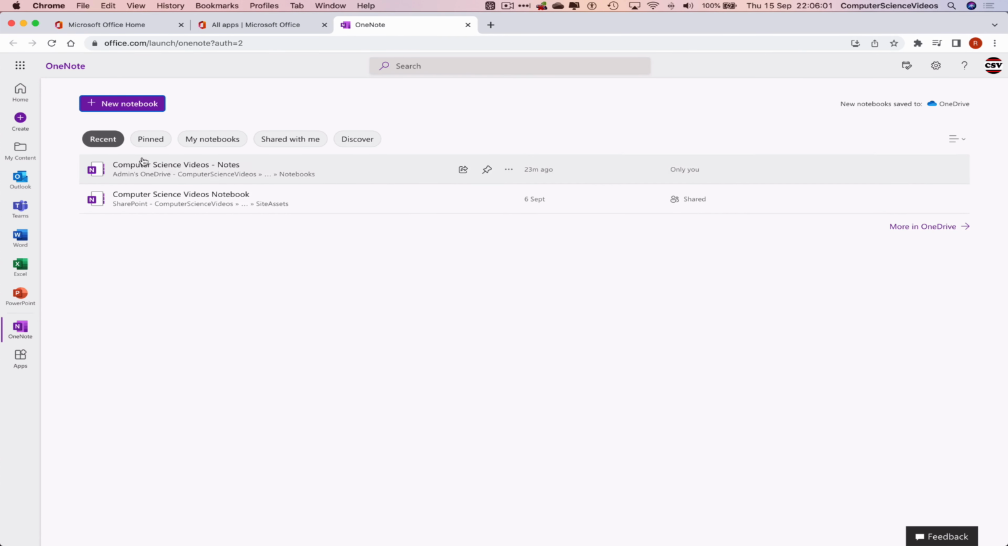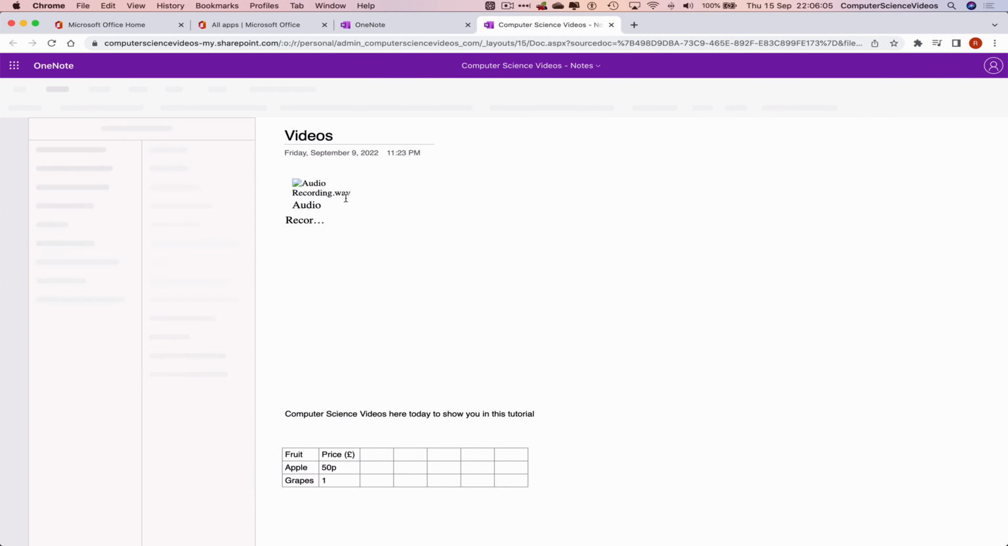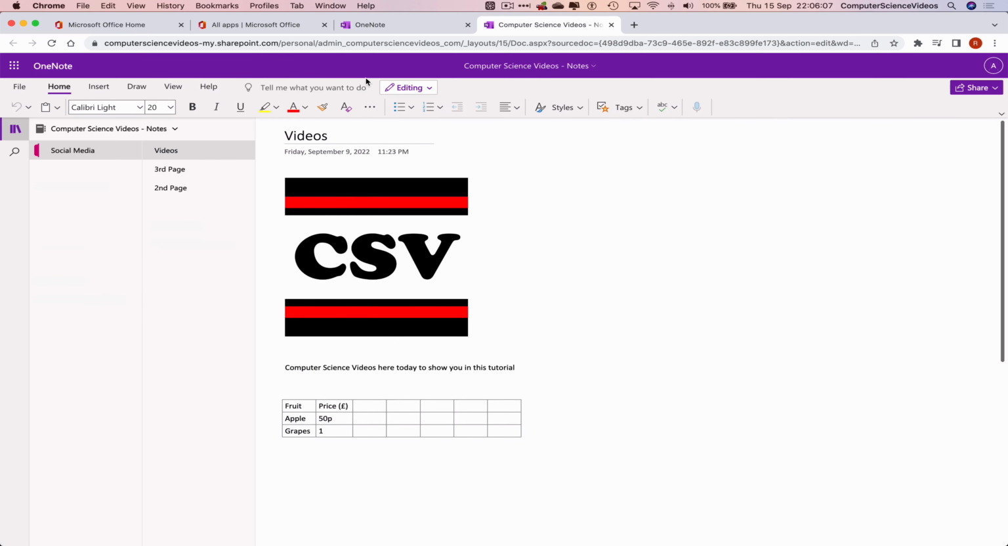Now go to OneNote. Let's click on this. Let's just wait for that to load. Click on Computer Science Videos Notes. And we are now within the section all pages, videos, and the idea of this tutorial is to insert a